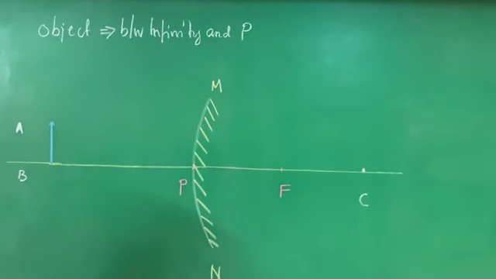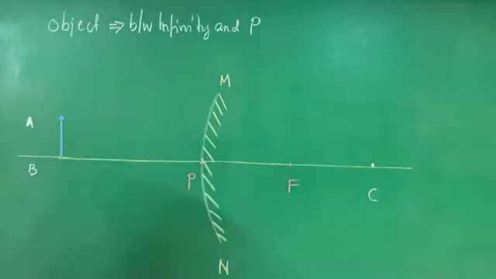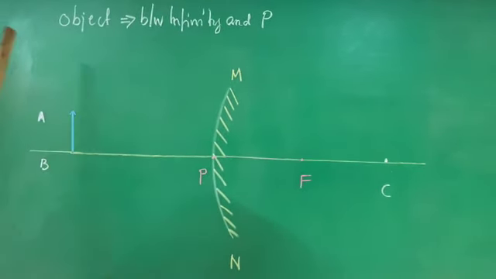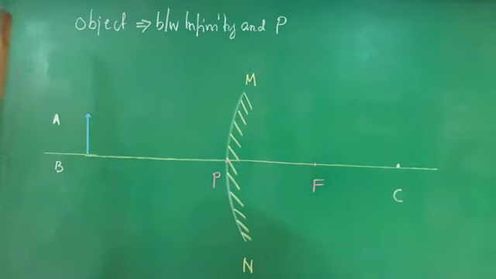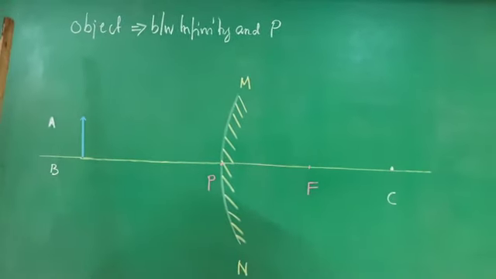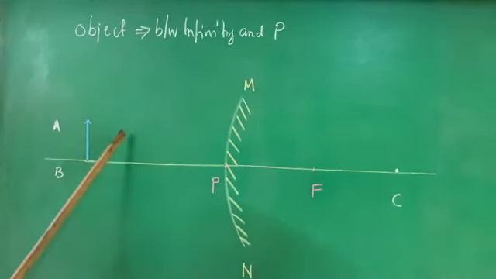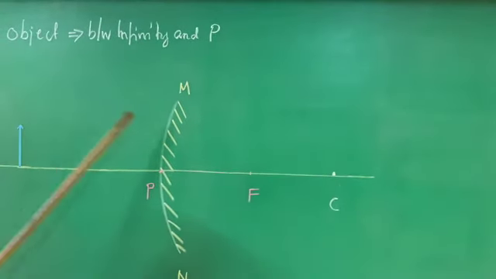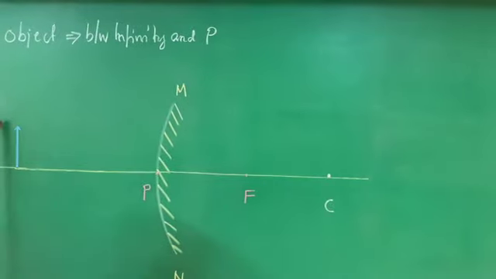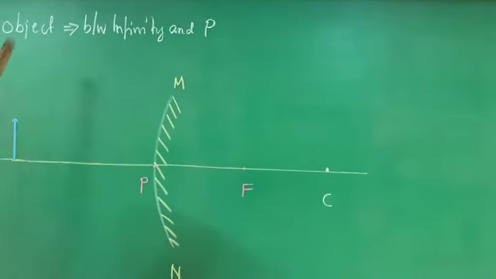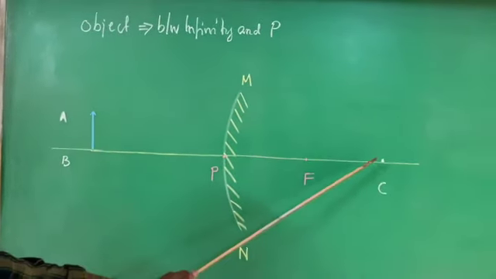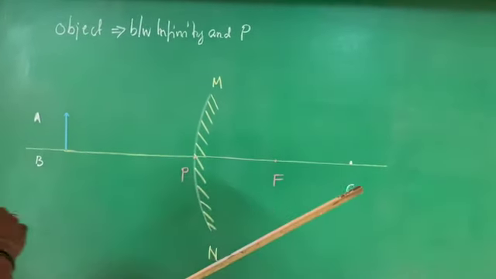To write a ray diagram, we have to take the conditions. In the first ray diagram, I have taken parallel beam of light. Why? Because the ray of light coming from the object which is kept at infinity should be parallel to the principal axis. Here, I select 2 conditions. One condition is the ray of light which is parallel to the principal axis. Another one is the ray of light which passes to the center of curvature. A ray of light which passes to the center of curvature always follows the same path.